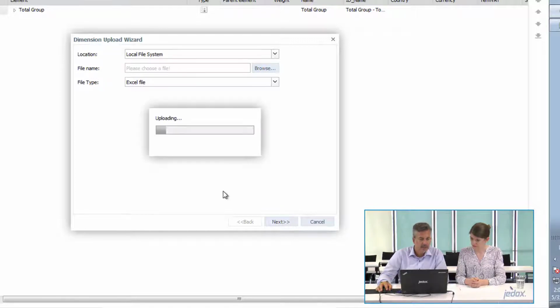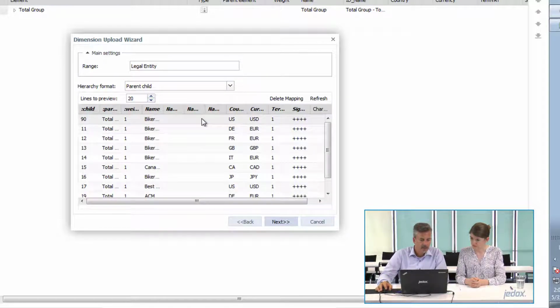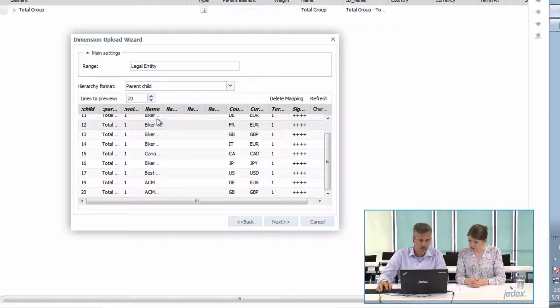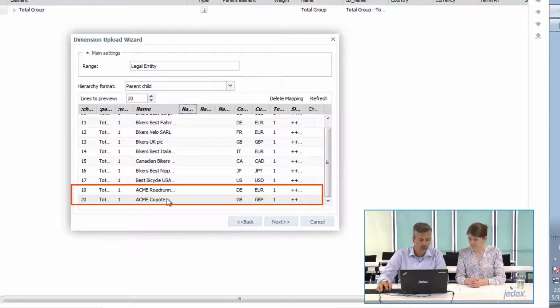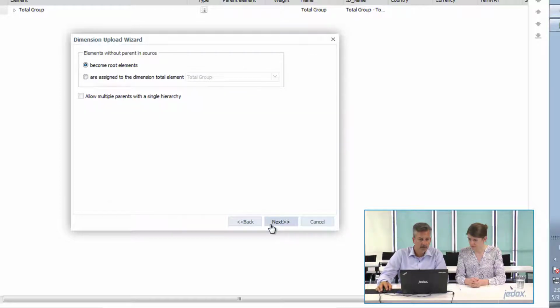When I hit next, the system is now reading, and it's also smart here because the sheet in the Excel file matches the range name, so you don't have to care about this. The columns are also mapped perfectly, so whatever is stored in the Excel file can be imported. When I scroll down, you see our two Acme companies we added, the Roadrunner and the Coyote. So I hit next, and